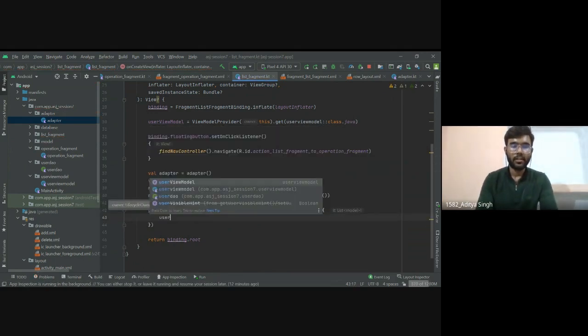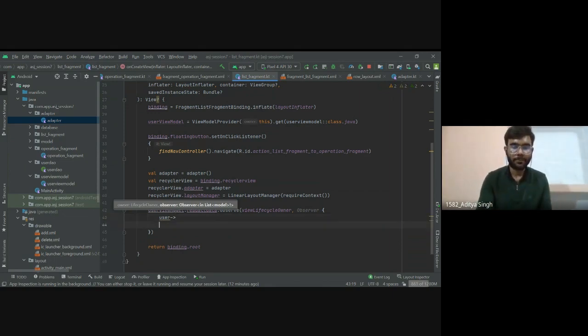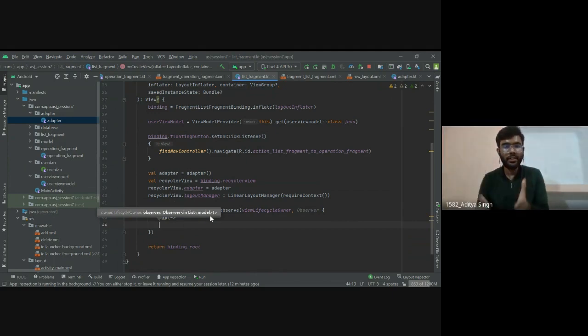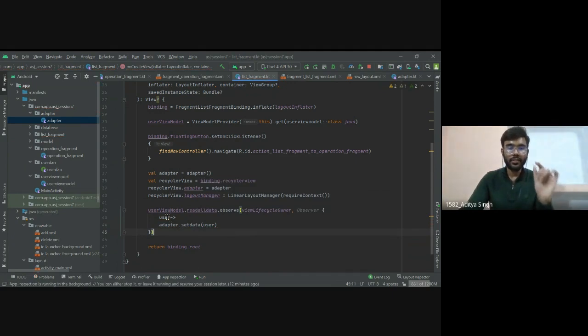Okay. Now we will give a name where we will store whatever data is received, or whatever change we have received. We will store it inside this user. And after getting the changes, we want to pass these changes to our adapter class. So how will we do that? We will simply write adapter.setData, that function which we have created inside the adapter, and pass this user, because this user is a list.